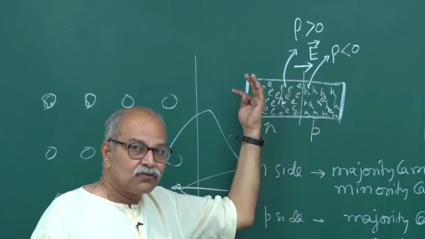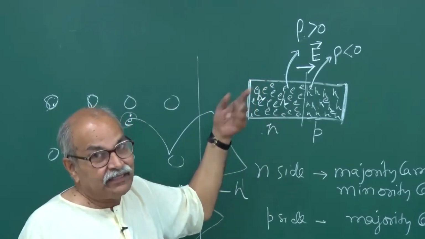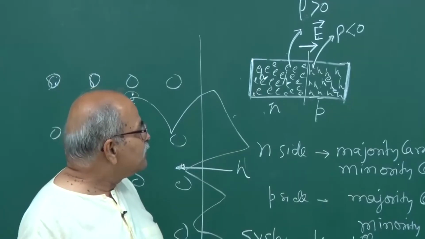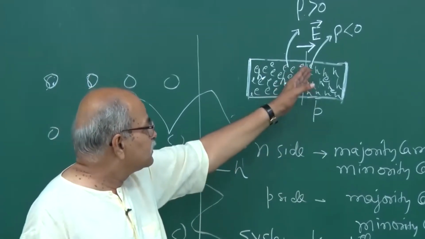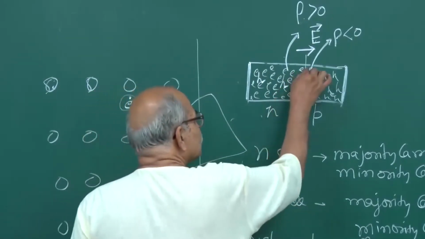Holes are trying to go towards left. So this will be opposed by the electric field. And then there are some other processes I will be talking about. So ultimately this charge density which appears here, all that happens close to this junction,